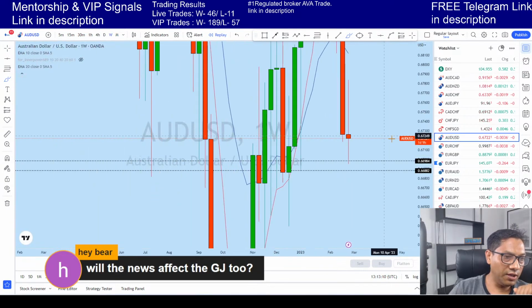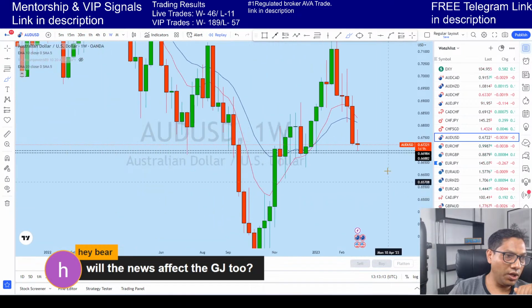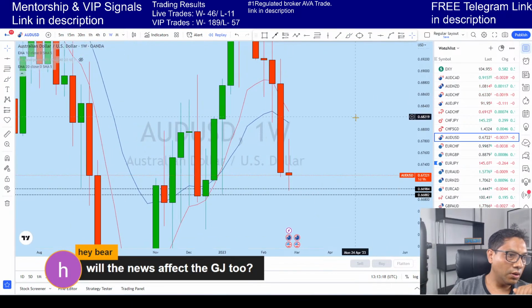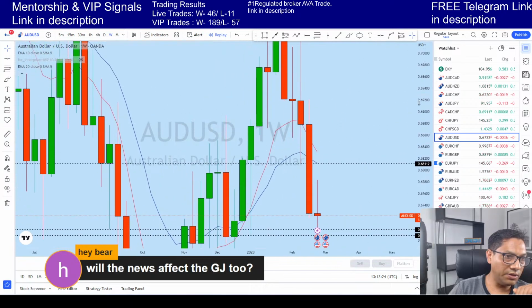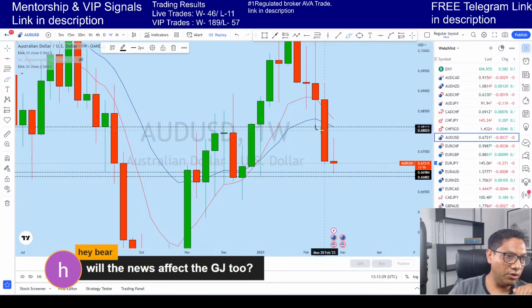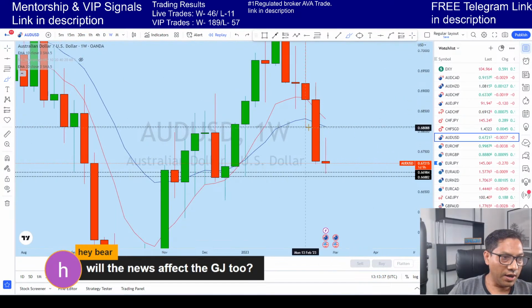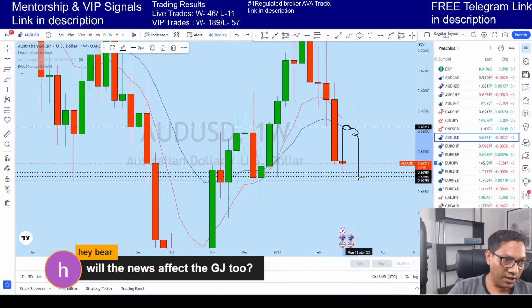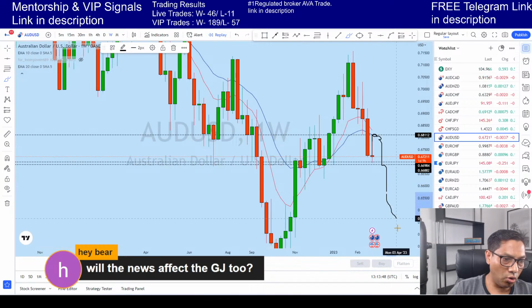Now if I look at the weekly, with that bounce from the weekly, we have a probability for AUD USD to test this level. There is a long bearish candle. You can see there's a middleman here, and this is the support zone on AUD USD on the weekly, and the resistance here with this 20 EMA. Now that support with this weekly 20 EMA, what I think is that AUD USD with that bounce might test this level and then might come back for a long-term downtrend.